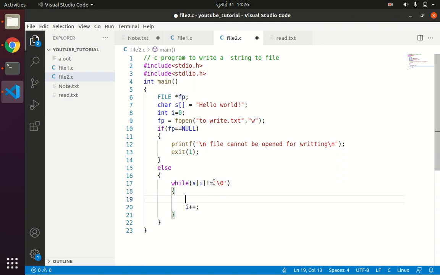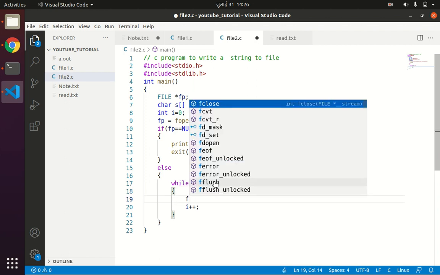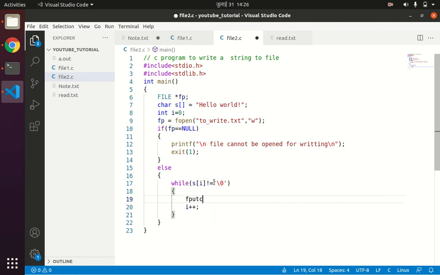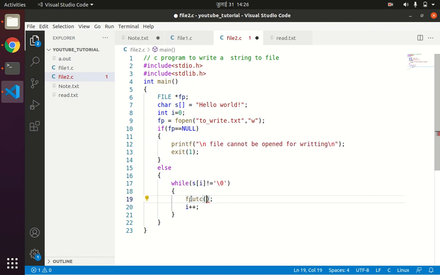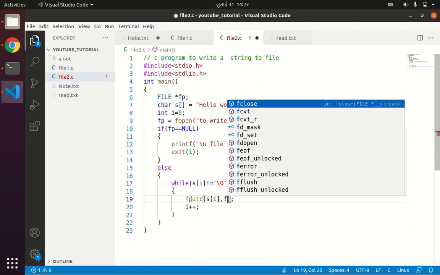For that we will be using the function fputc. Let us see what is the syntax of fputc here. fputc first accepts the character constant and then the file pointer. So the character constant that we are trying to write is s of i, and then the file pointer in which we are trying to write is fp.